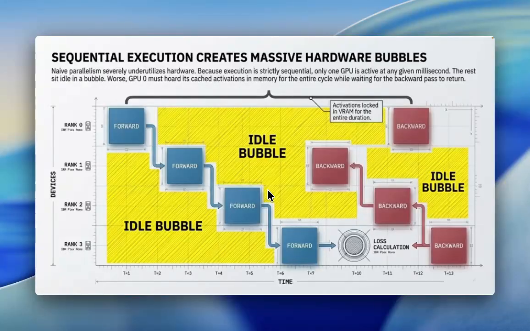Naive parallelism severely underutilizes hardware because execution is strictly sequential. Only one GPU is active at any given millisecond. The rest sit idle in a bubble. Worse, GPU 0 must hold its cached activation in memory for the entire cycle while waiting for the backward